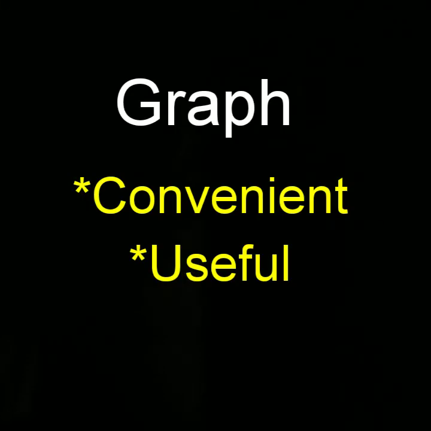Dear students, today's topic is about graphical representation of motion. We can study about distance time graph. We know that graphs provide an easy way to represent information. They are more convenient and useful. To describe the motion of an object, we can use line graphs.